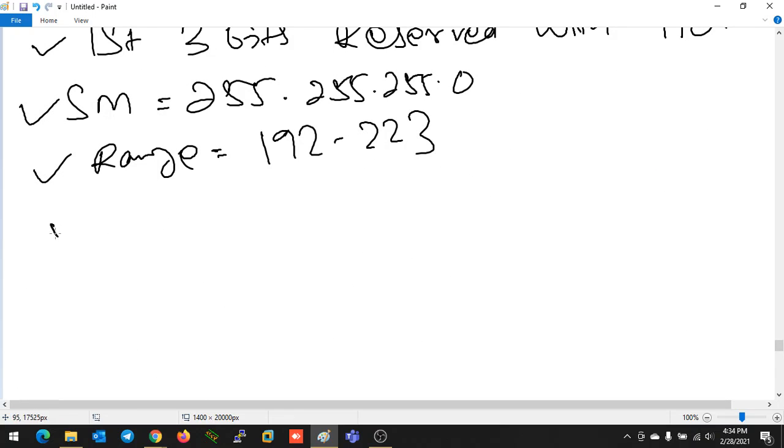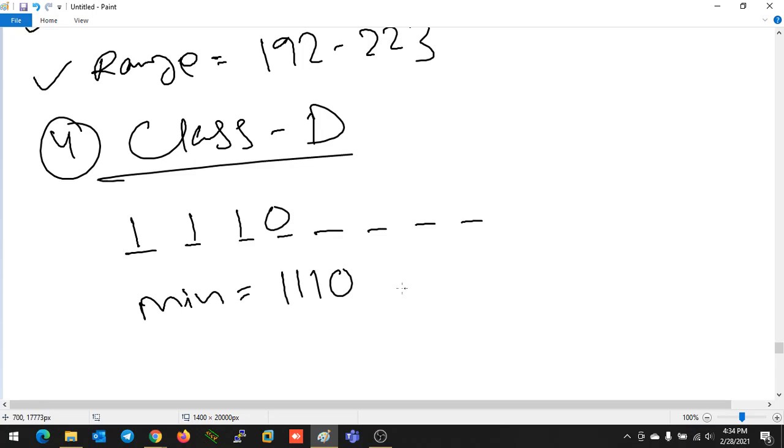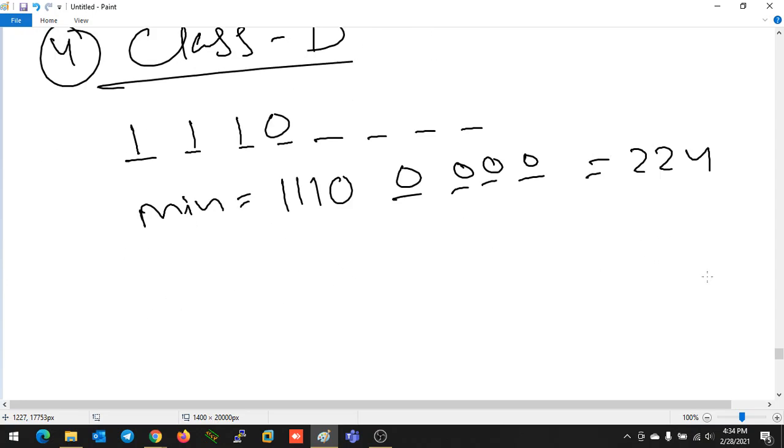If I discuss class D, here the first 4 bits are reserved with 1110. To find the minimum value, the first 4 bits are 1110, and if I keep the remaining bits as 0, the value will come 224.